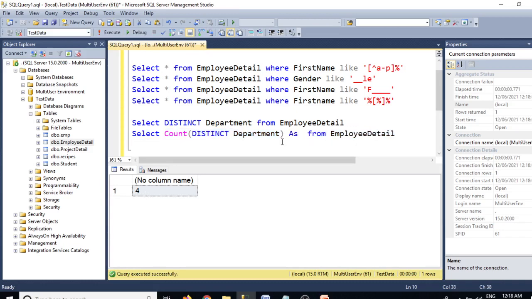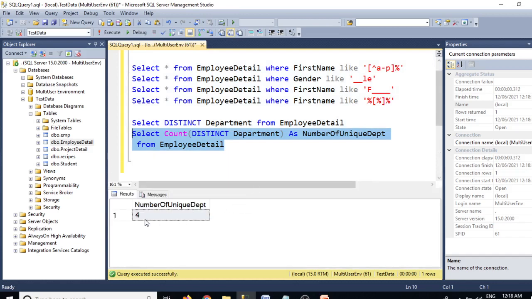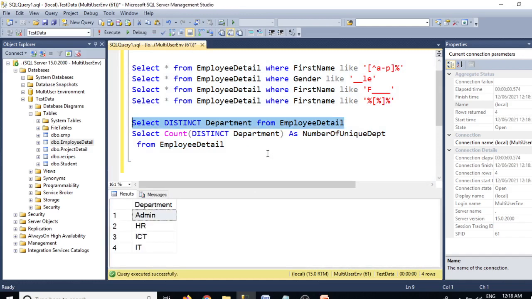You can put an alias as well, like number of unique department. Number of unique department 4. So this is how you can use the distinct keyword. This count is to count the number of distinct departments from the employee detail table.